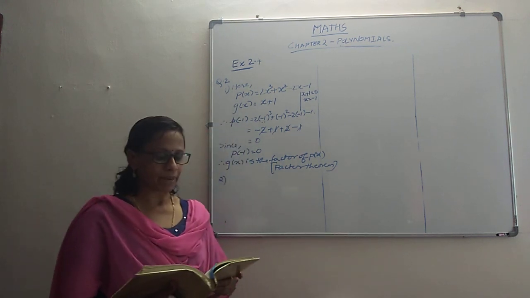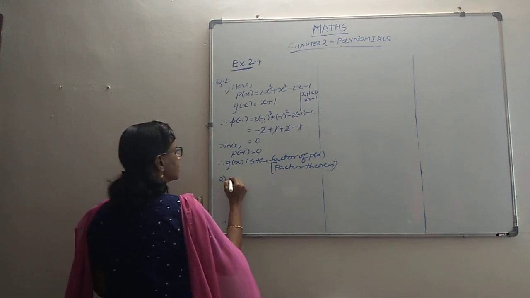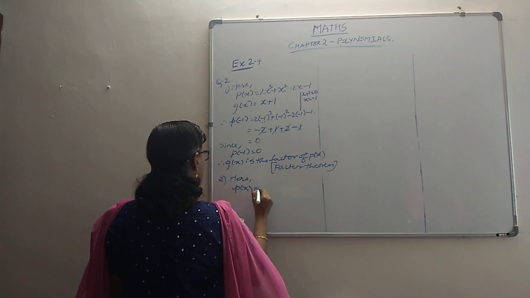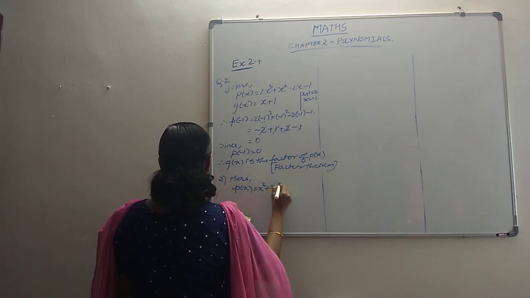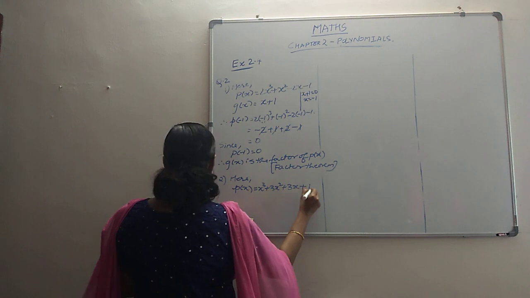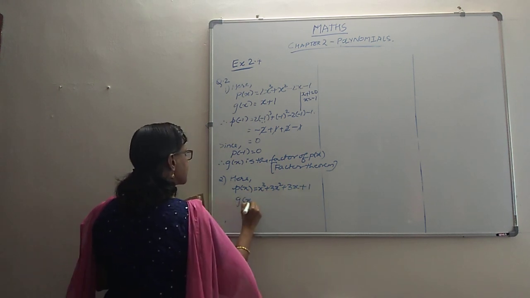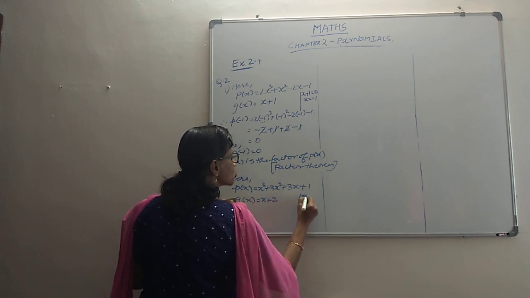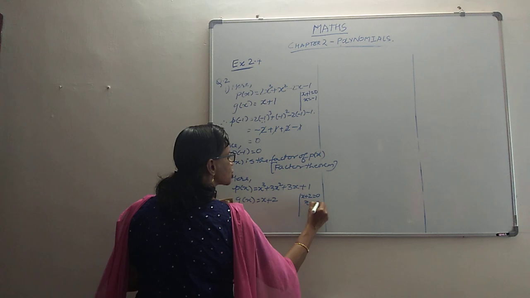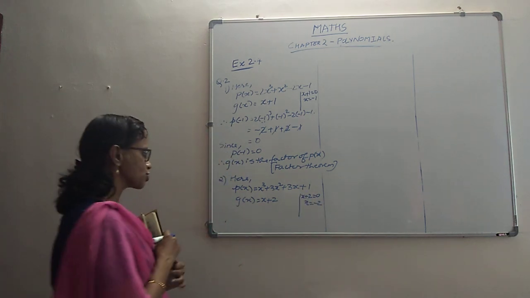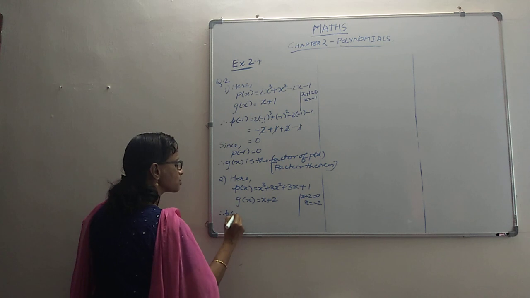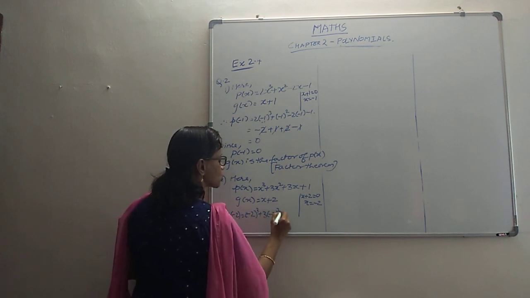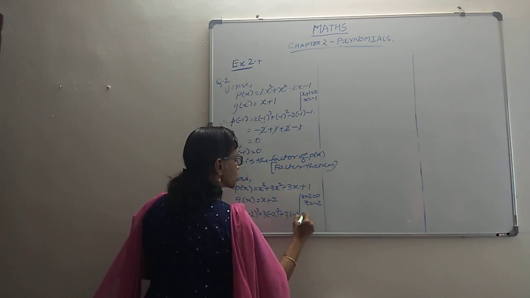We have the second subpart, where it's given to us again. Here your p of x is given as x cubed plus 3x squared plus 3x plus 1, whereas g of x is given as x plus 2. Quickly I'll refer: x plus 2 becoming 0, x becoming minus 2. So we are going to find p of minus 2 and see how it works. P at minus 2 means minus 2 raised to 3 plus 3 into minus 2 whole squared plus 3 into minus 2 plus 1.